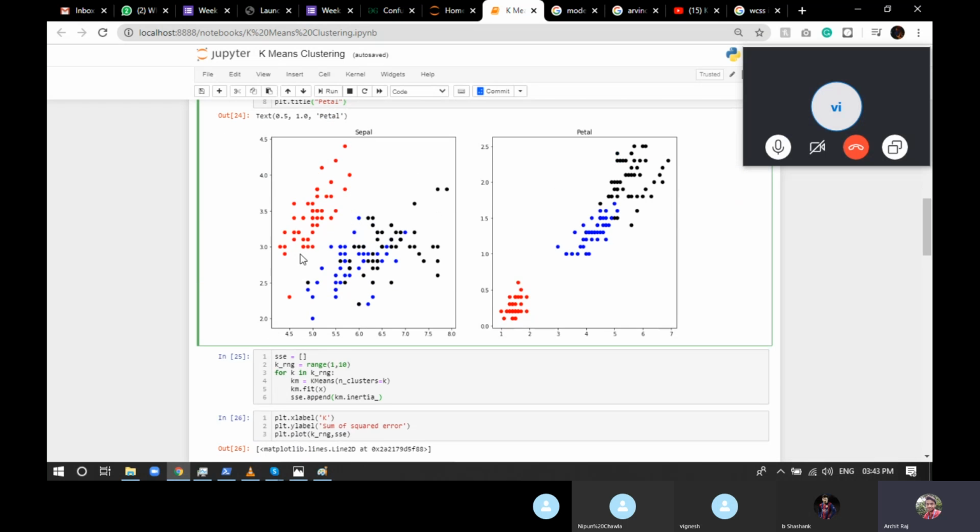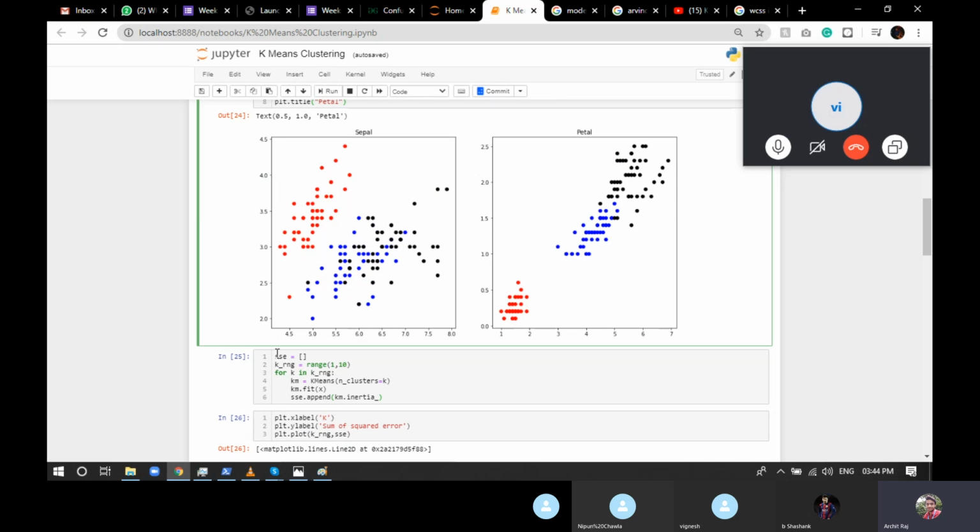Now, just imagine we do not know the number of clusters that we want to make. Actually, we know it's 3, but what if we don't know? For that, we're going to do the elbow method. As I told you, we're going to try and find the clusters for different values of k. Let's say we're going to find the WCSS for the value of k from 1 to 10. We'll go for k as 1, find the WCSS, then k as 2, find the WCSS, and go till 10.